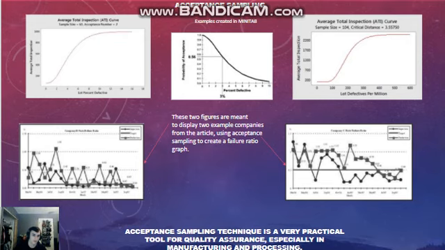Acceptance sampling is a statistical quality control measure that lets a company determine the quality of an entire product lot by testing randomly selected samples. It's mainly concerned with inspection and decision making about a large sum of products. It's one of the oldest techniques in quality control, and it's also a very practical technique used in manufacturing and